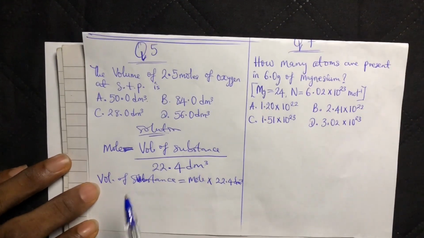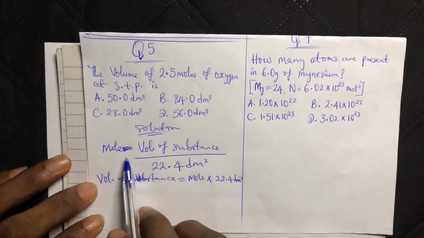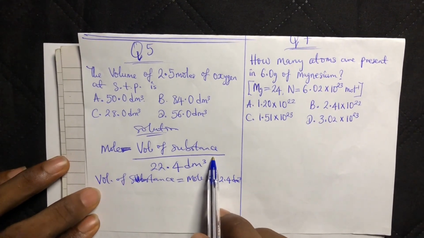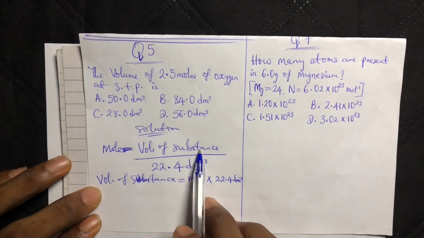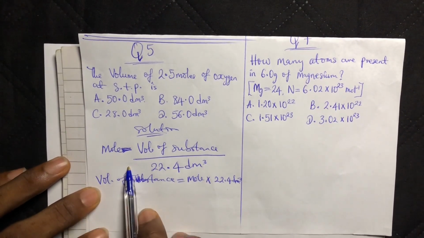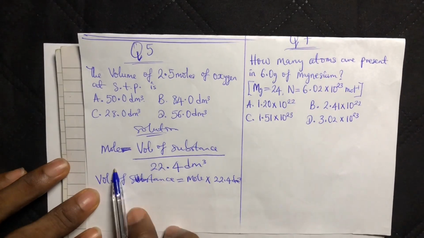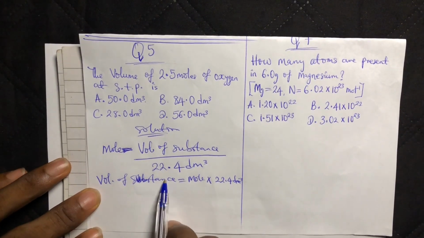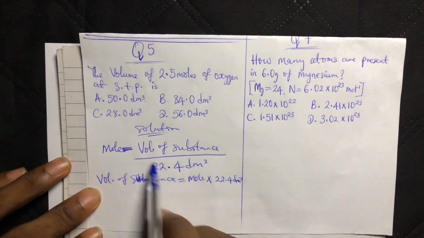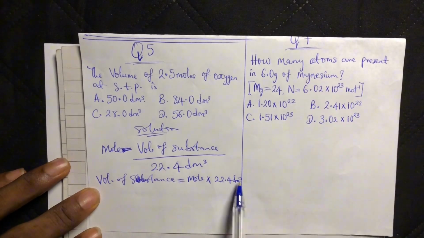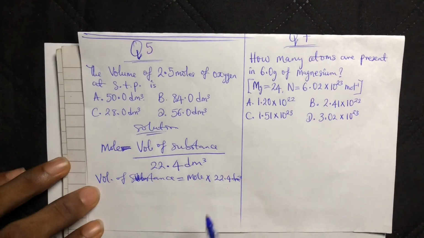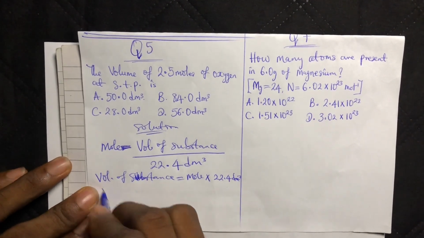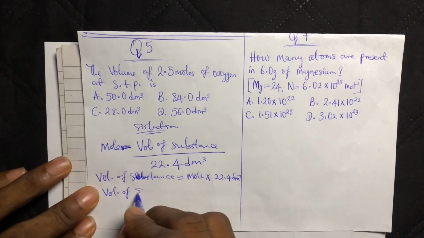But at this point, we are not looking for mole. What we are looking for is volume. So for us to get the volume of the substance, we are going to make the volume the subject of the formula. That is why we cross multiply, and when you cross multiply, we'll have volume of substance equal to mole times 22.4 dm cube. And if mole times 22.4 dm cube is here, what are we going to have? We are going to have volume of substance